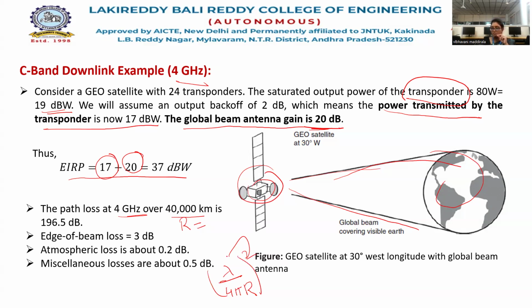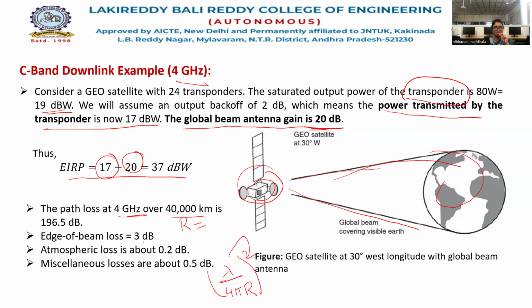So this is the expression for free space path loss. Here we get lambda from the operating frequency of 4 gigahertz, and r is the distance we already have. By calculating this, we get the free space path loss, that is 196.5 dB,